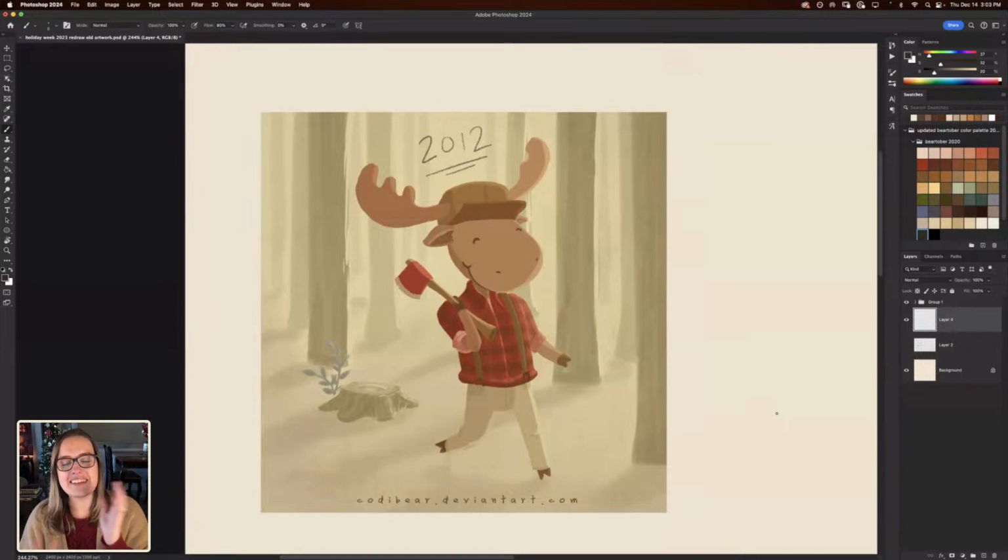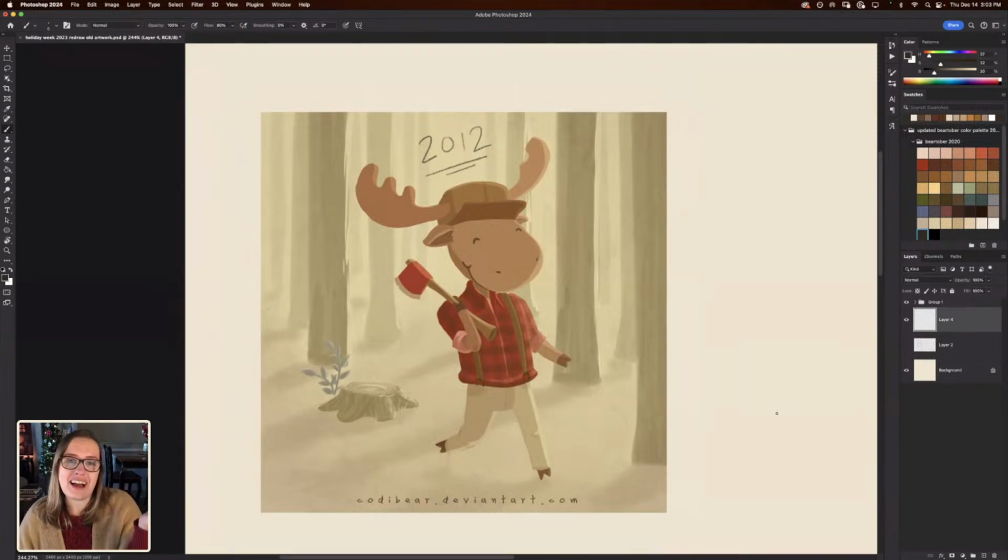On one hand, it's funny to look at old artwork because I see the budding stage of my style, but at the same time, I also see such huge differences in the shapes that I use now compared to back then. So I'm really interested to see how this is going to turn out. Some things are glaring to me right away that I would definitely do differently, and some things I'm like, oh yeah, that's kind of similar to my style now. I'm curious to know how the end product is going to look.